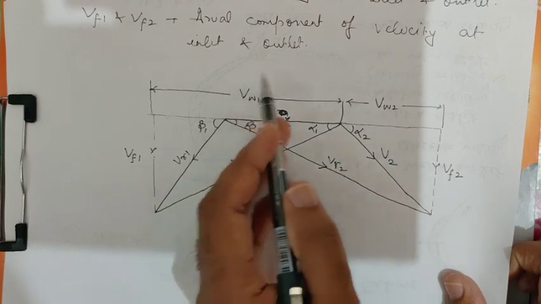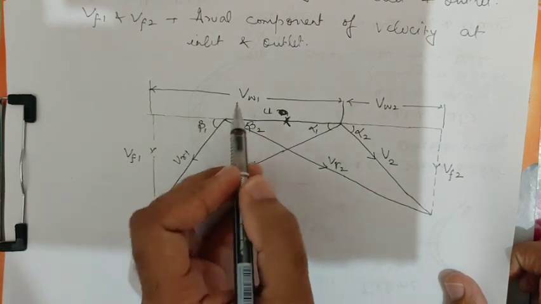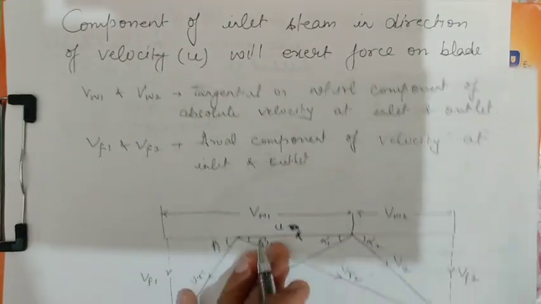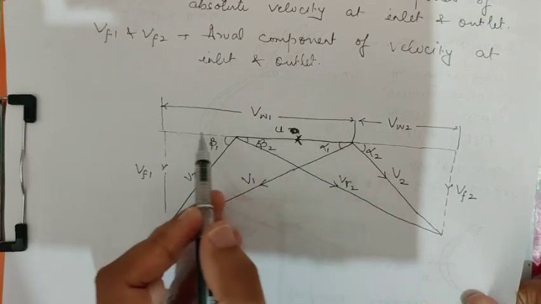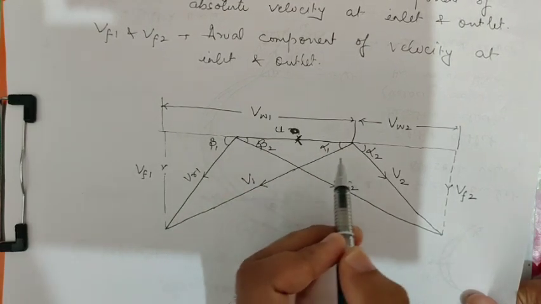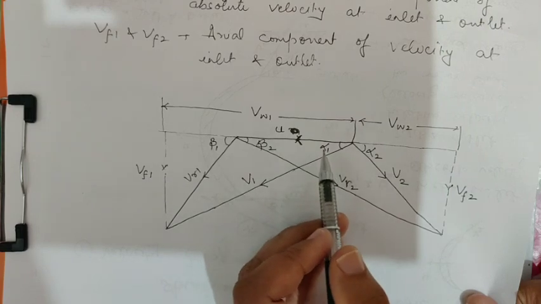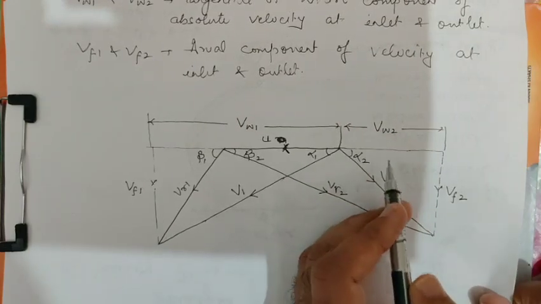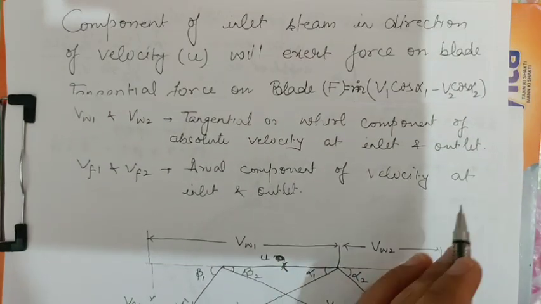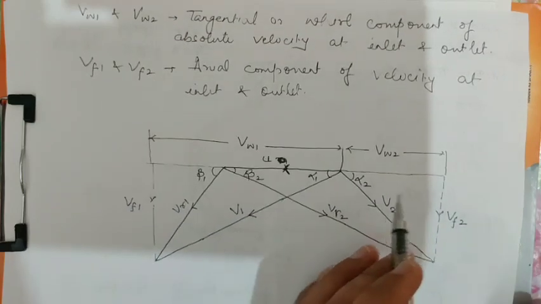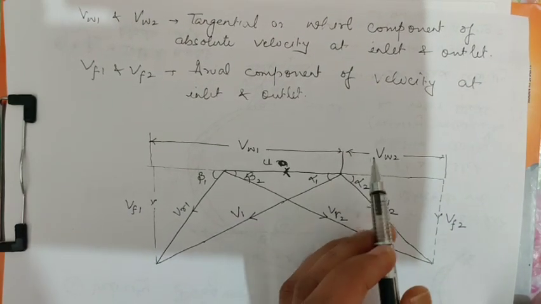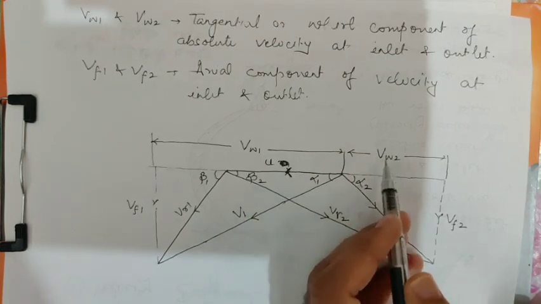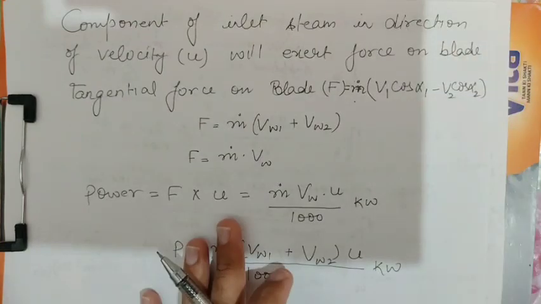So from this diagram we can see that VW1 is equal to V1 cos alpha 1, and VW2 is equal to V2 cos alpha 2, and from the diagram it is clear that this is of positive nature and this is of negative nature. So we can write